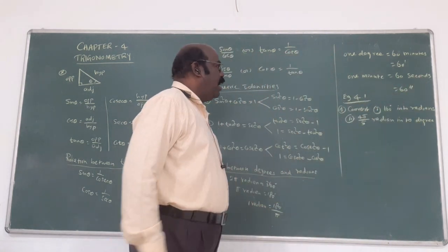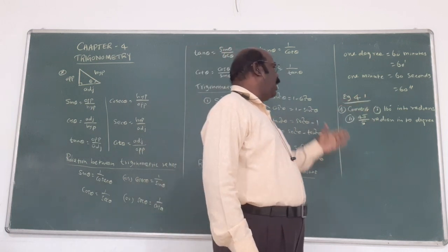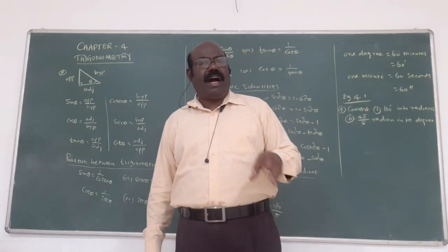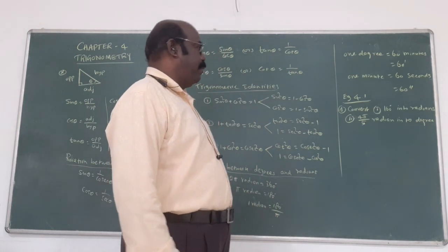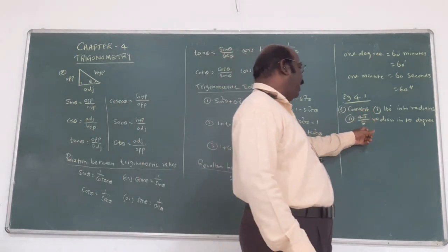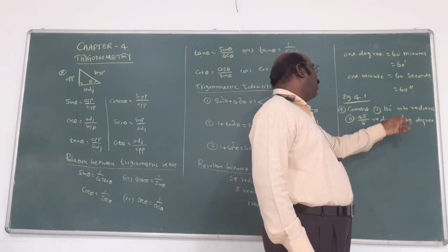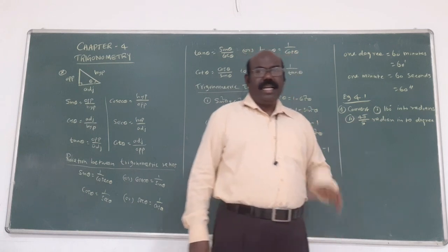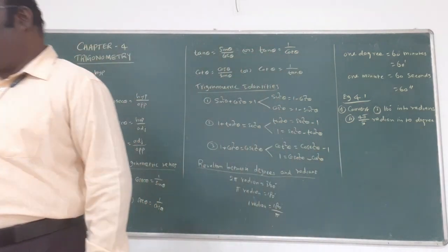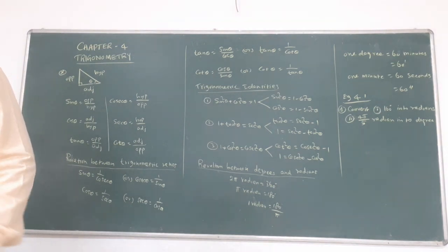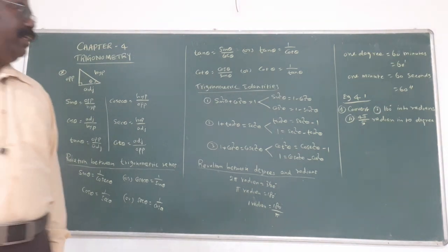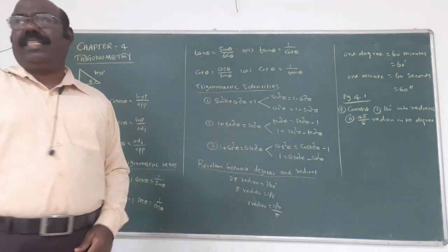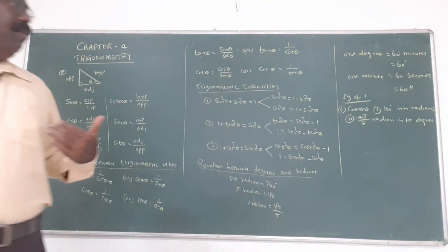This is all the idea. Now the first example from 4.1. Convert 160 degree into radian. Radian means the answer involves pi. Next, convert 4 pi by 5 radian into degree, without pi. The first one you want to introduce pi. The next one, eliminate pi. That is the concept. In the first one, 160 degree has no pi, and we want to use pi now.